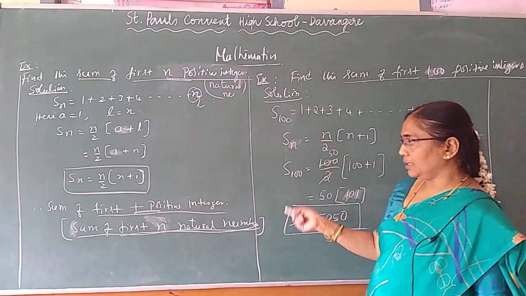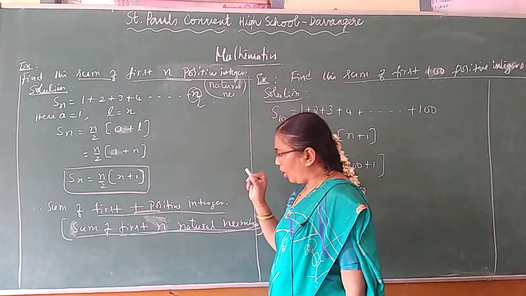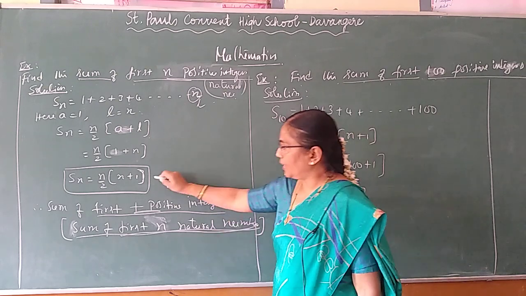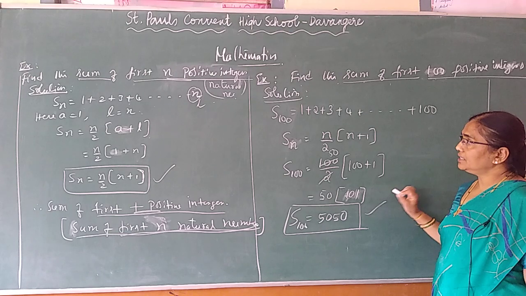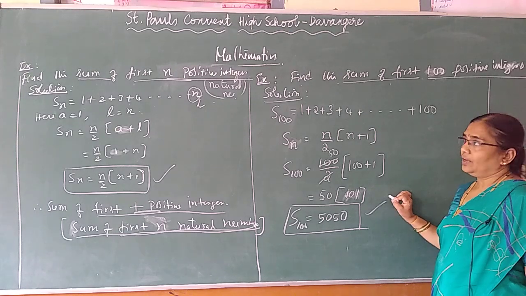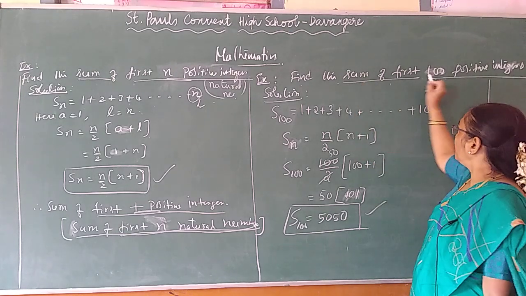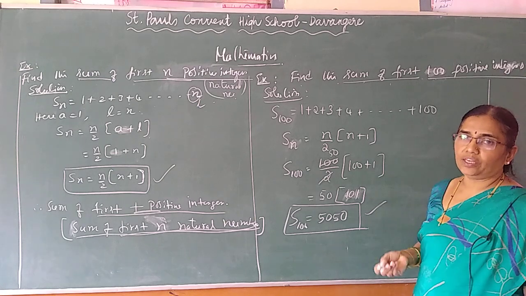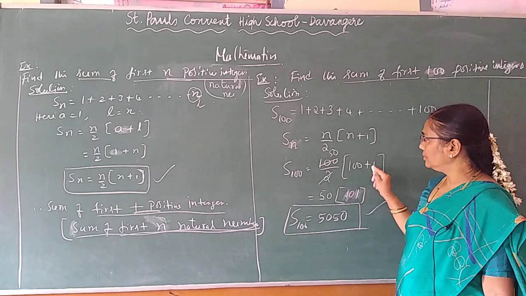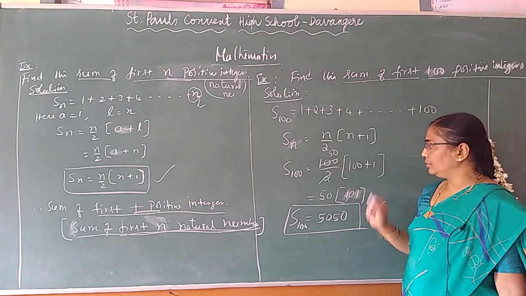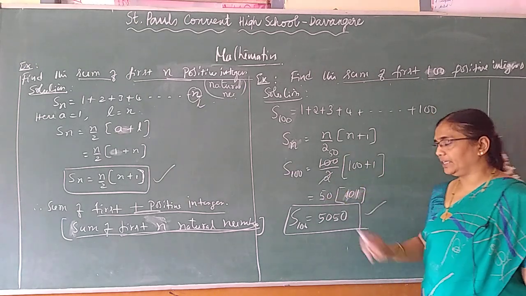So, when they ask the positive integers or the first n natural numbers, you have to use this formula and you can easily do it. See girls, this is one more problem actually. For 120 positive numbers, you have to consider the term into this one. That is divided by 2, therefore we have to multiply and we get the value.